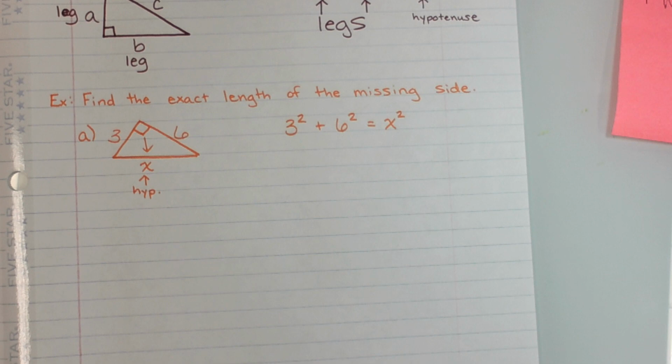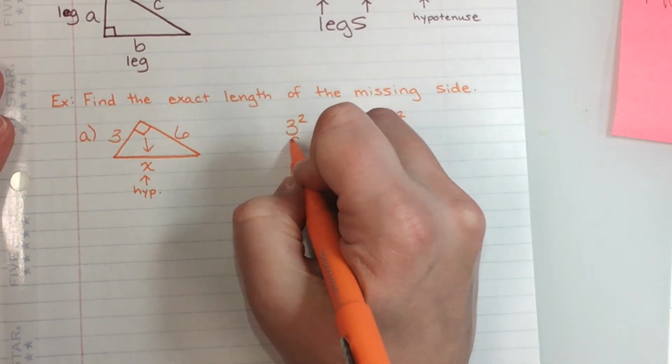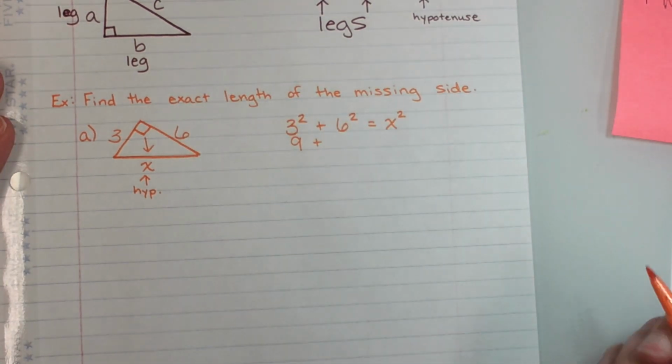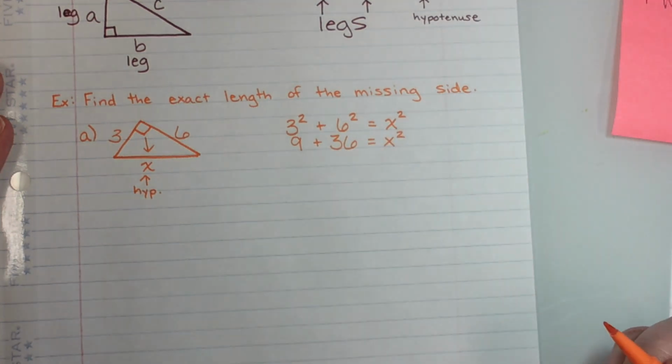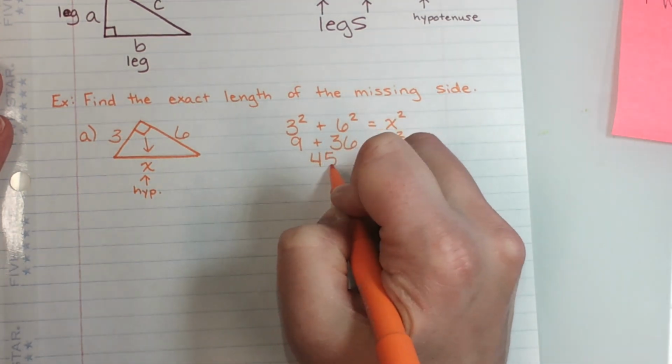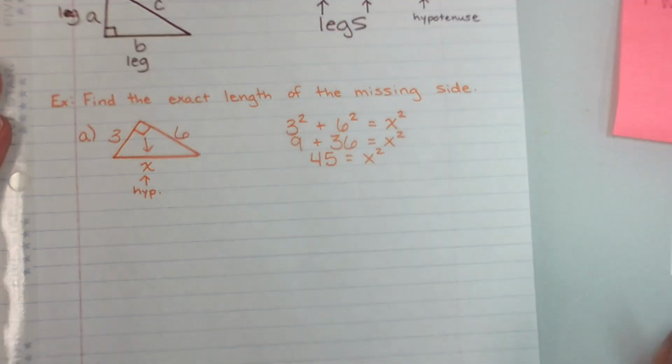3 squared is? 9. 6 squared is? 36. Equal to x squared. Combine like terms. 45 is equal to x squared. To get rid of a squared, you take the